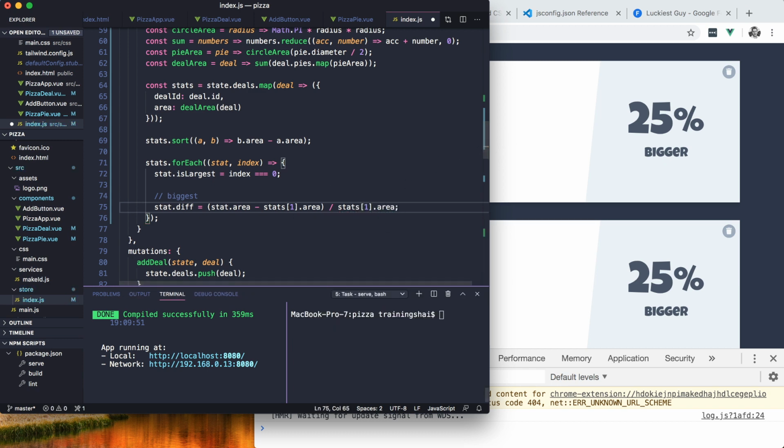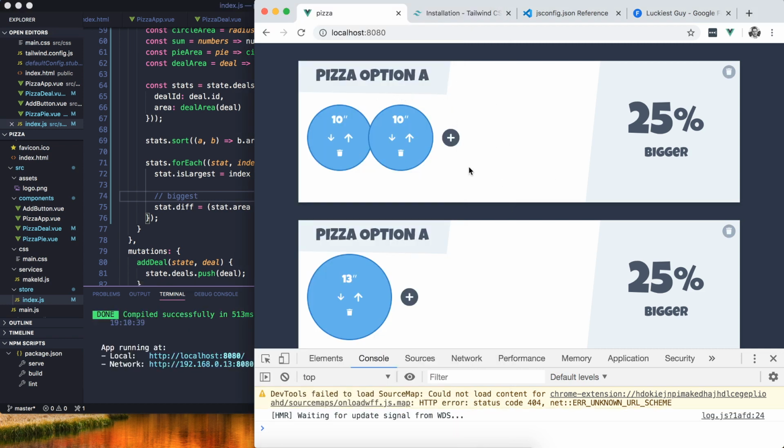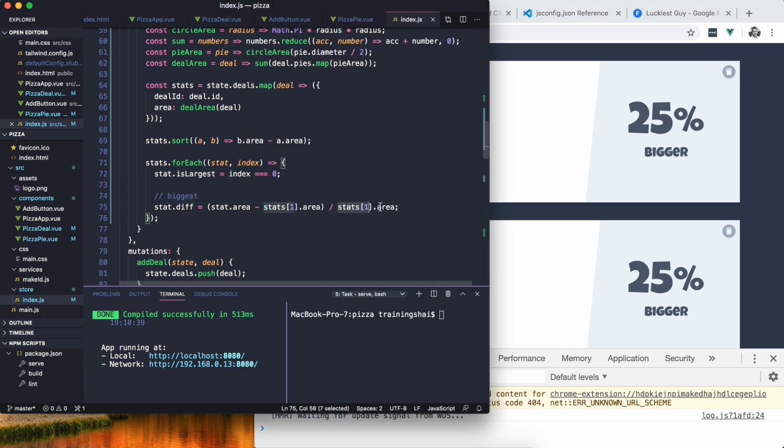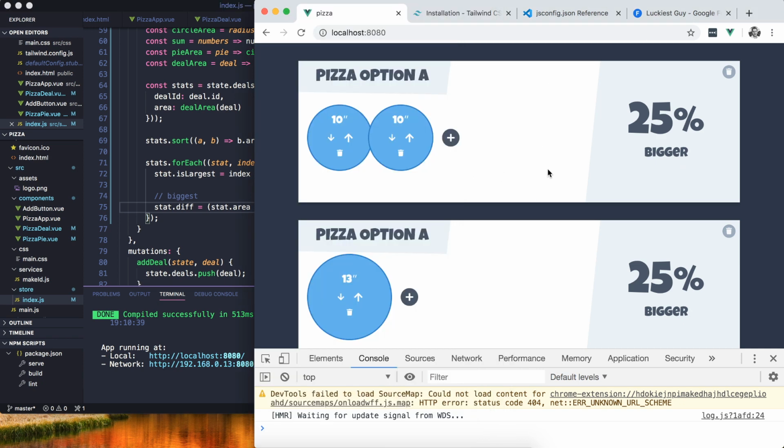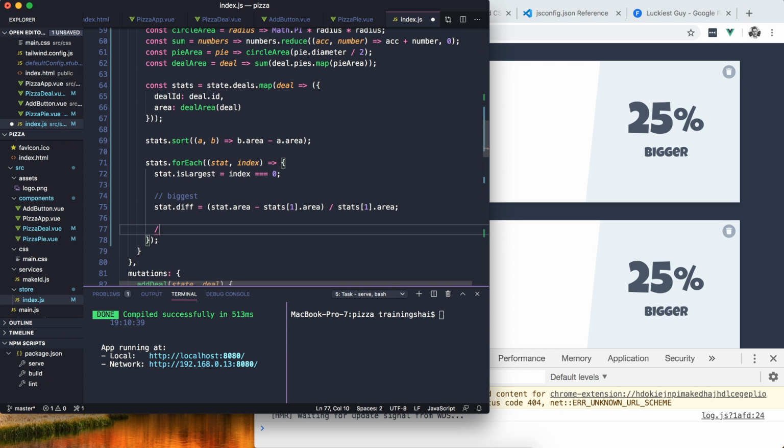So if you've got, if this guy's area is 100 and this one is 20, then you take the 100, take away 20 gives you 80. 80 over the 20 gives you 4, which as a percentage is 400%, telling you that that 100 is 400% larger than the 20. So that works. For all the others,